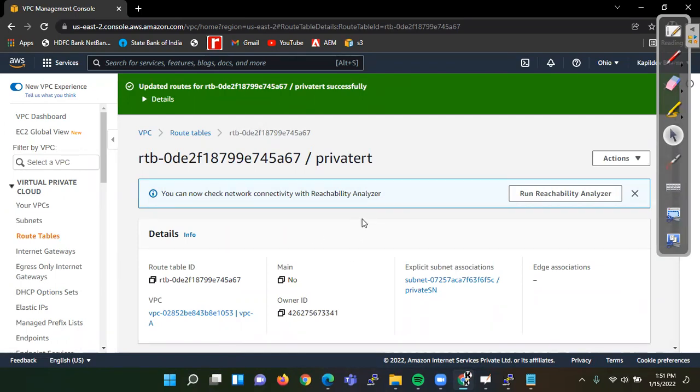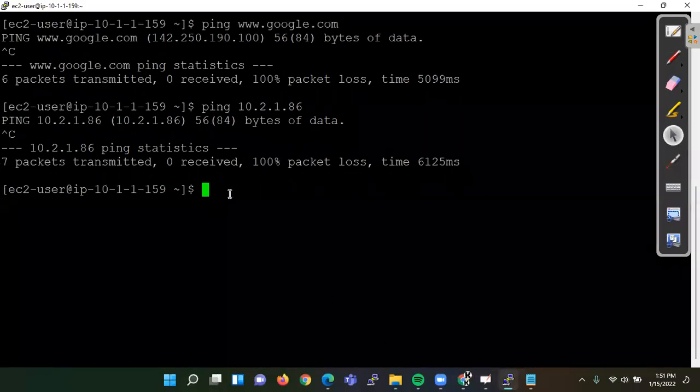Now everything is done. So do you have any doubt up to this? Okay. So see, after creating the peering connection, after getting that ID, and then requester, acceptor, after doing all that stuff, there should be acceptance from the other VPC, from the other region, and once it is accepted, then you have to modify the route table. So just now back to our terminal.